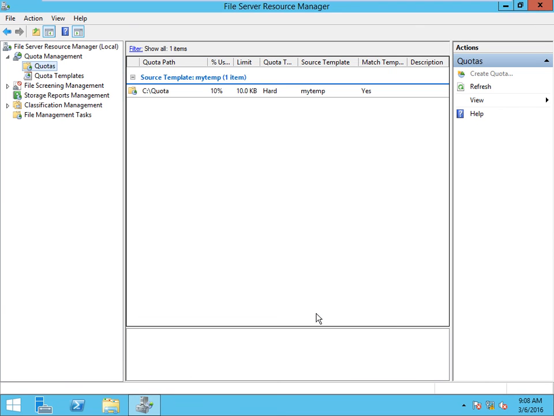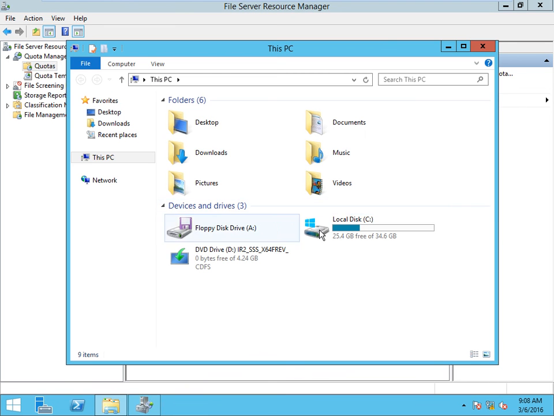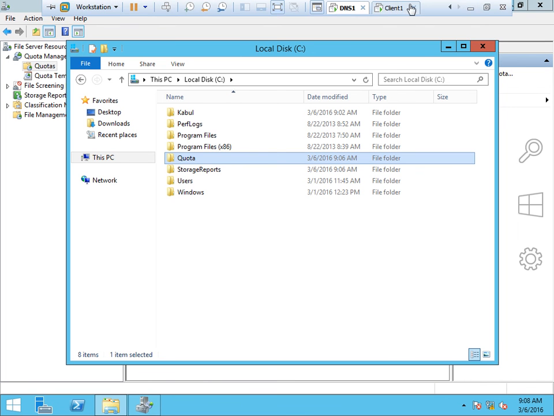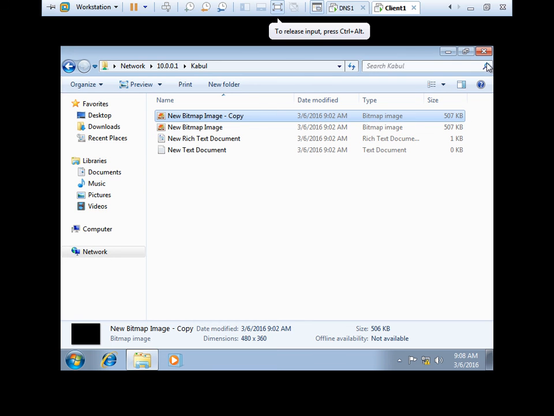Create. Quota size is 10 KB, hard quota, my temp. So we have implemented this quota on which folder? Quota only. Verify this.